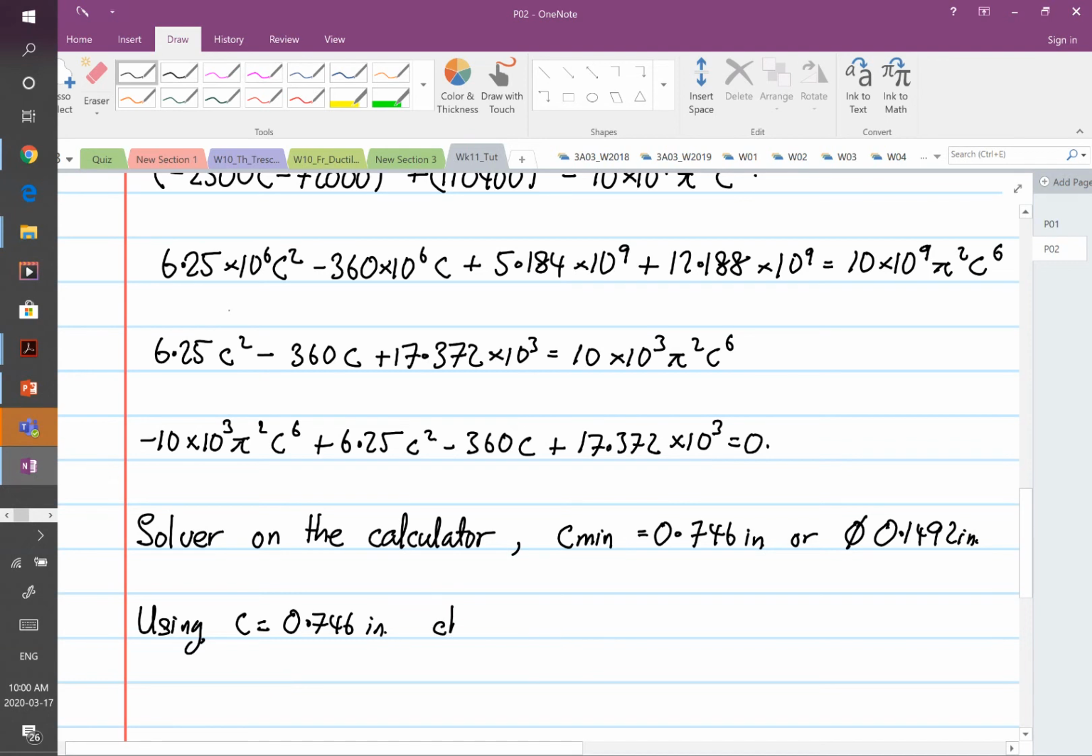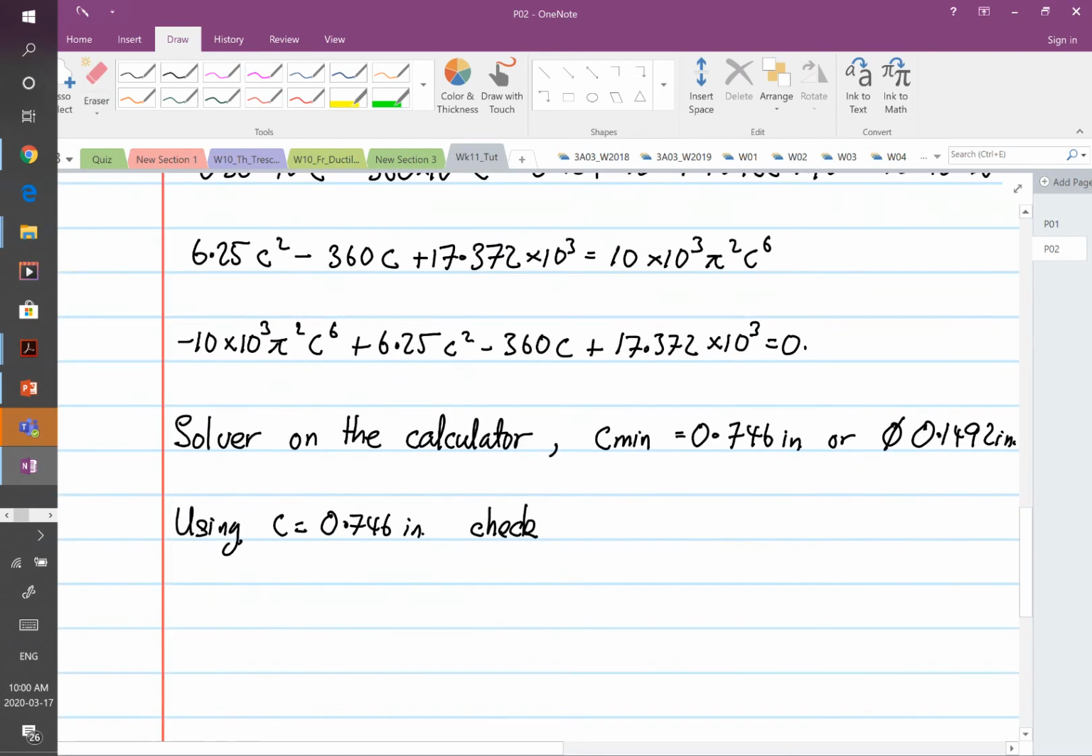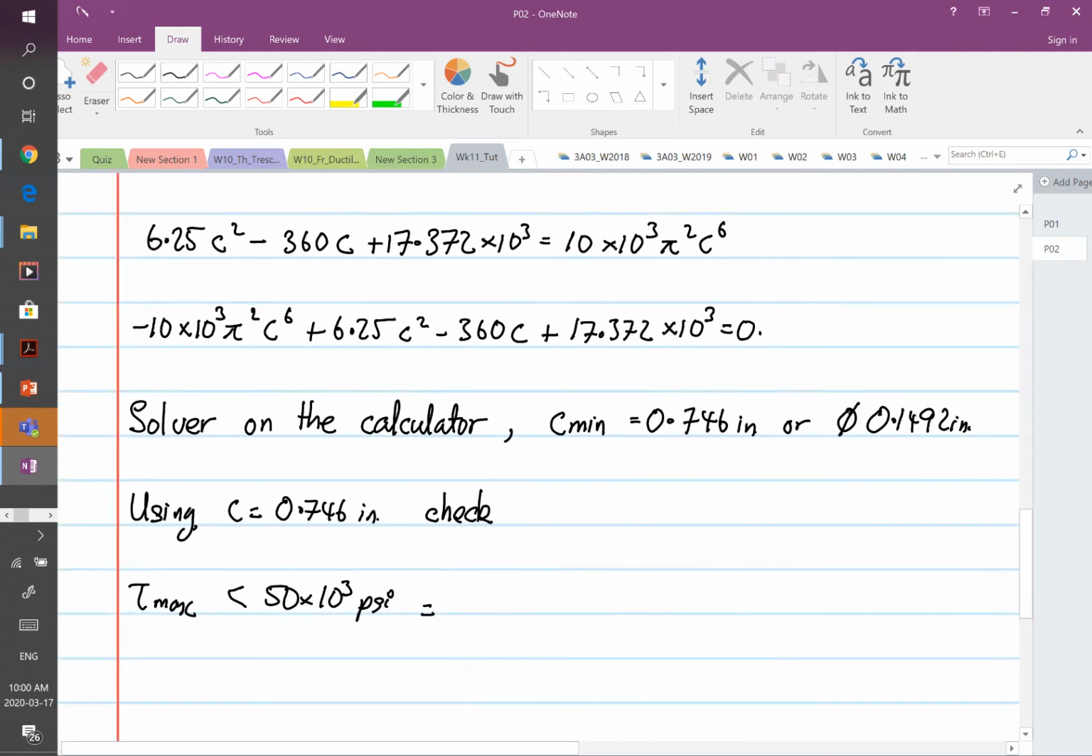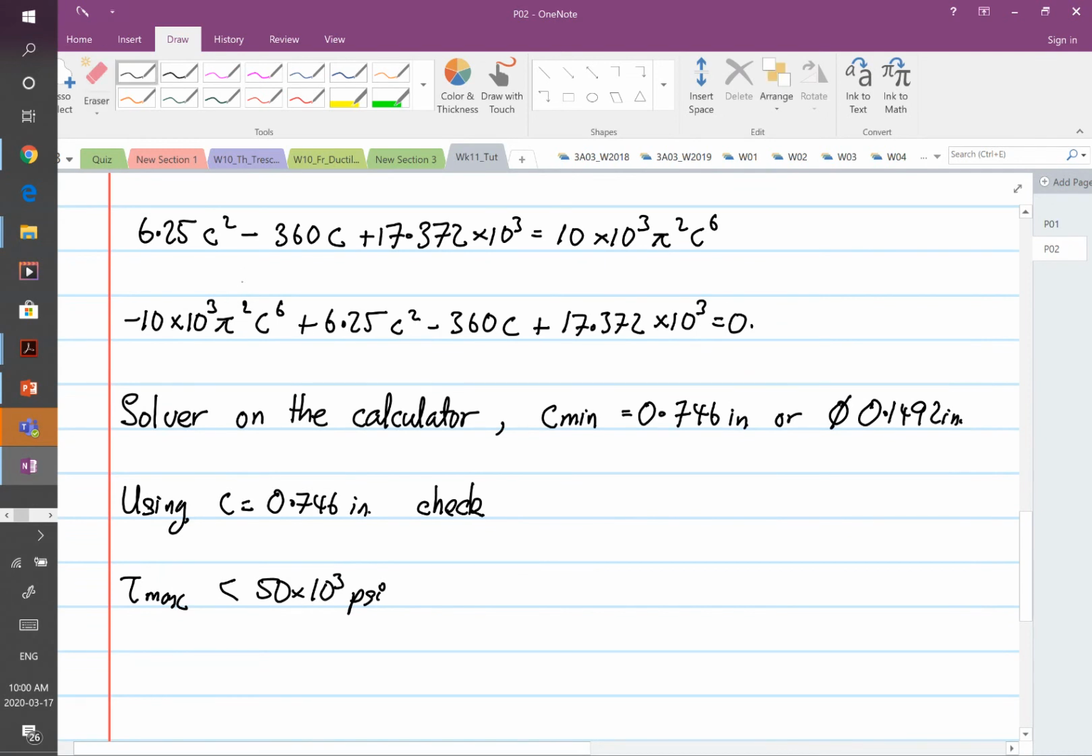We now have to check that stress 1 minus stress 2, or we just have to make sure that the tau max has to be less than 50 times 10 to the power 3 psi. So to check, you make sure that your tau max